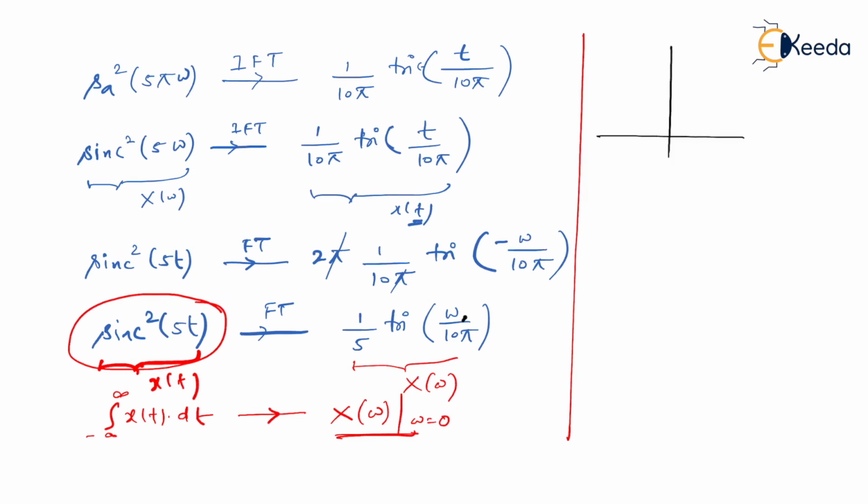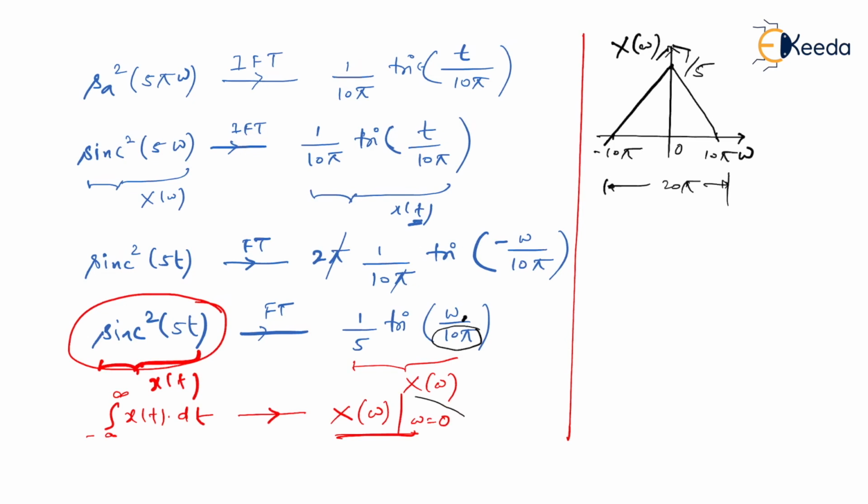So since your triangle function is a function of omega, what I have on the x-axis is omega. This is nothing but half width of the triangle. So definitely it will start from minus 5 pi to 5 pi. In fact, if this is 10 pi, then it must start from minus 10 pi to 10 pi. So minus 10 pi to 10 pi, and therefore now it has become 20 pi. So 20 pi is the actual width of the triangle, and the height of the triangle is 1 by 5. This is omega equal to 0 here. So this is finally x of omega.